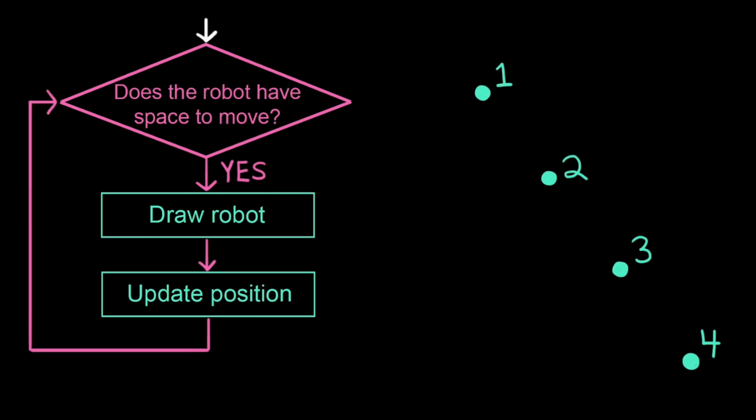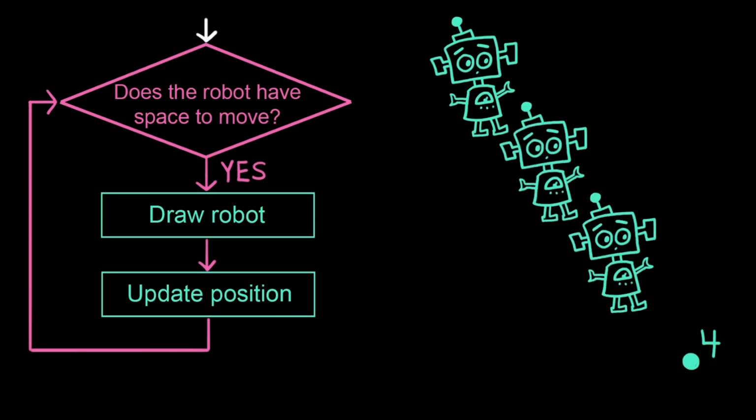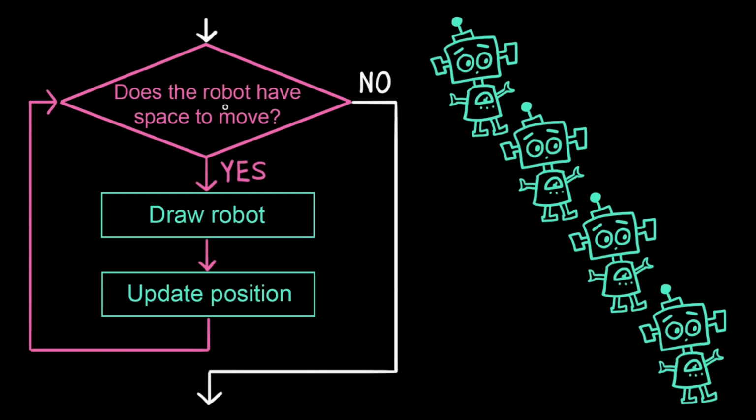And then it moves on to execute the rest of the program. With a while loop, the computer evaluates the condition, and if it evaluates to true, the computer executes any lines of code indented inside of it. However, now that we're at what we call the bottom of the loop, the computer will go back to the condition and check it again. If it still evaluates to true, the computer will execute the lines of code indented inside the loop again. And so on and so on and so on until when the computer checks the condition, it finds that it evaluates to false. Only then does the loop terminate for good and the computer moves on to execute the rest